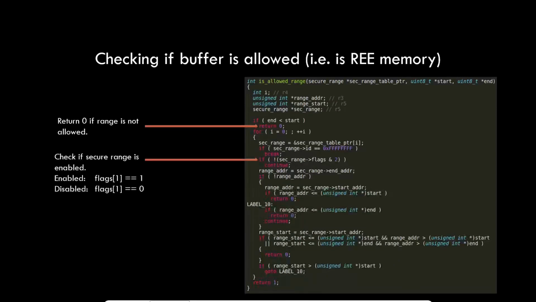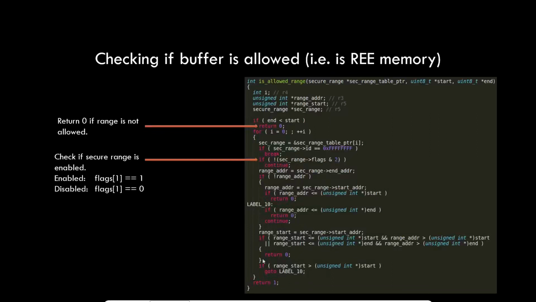Then you also check if the range is actually enabled, and if flags1 is equal to 1 it is enabled. But if flags1 is equal to 0, so bit 1, the second bit, what you will find is that this will be 0, and so you will continue on the loop.